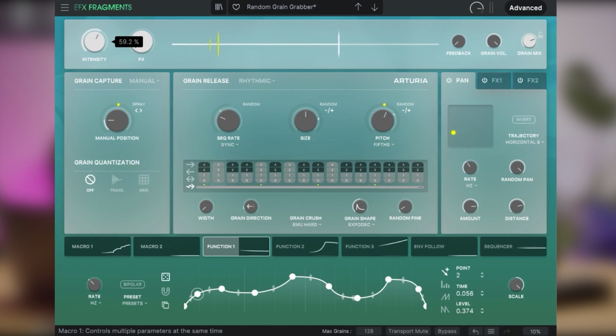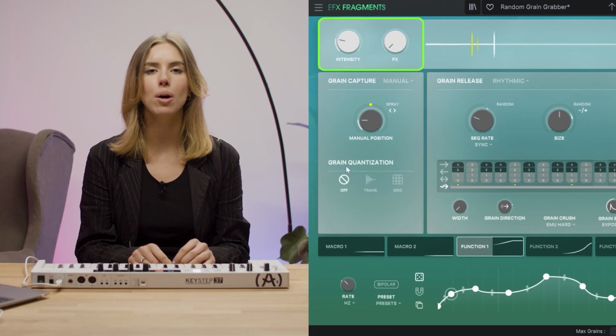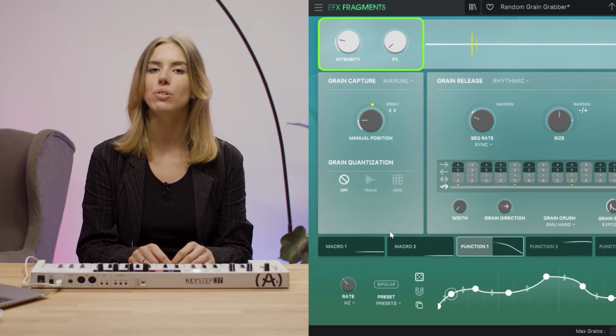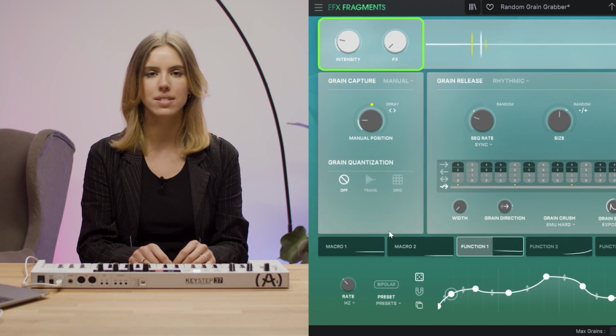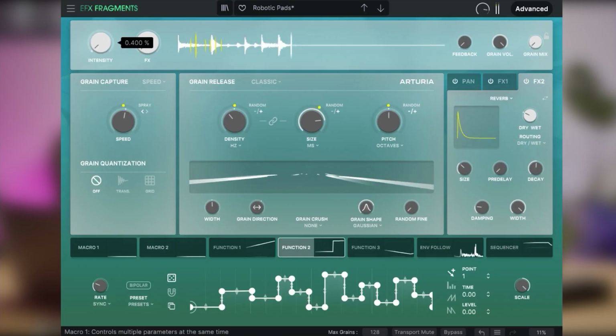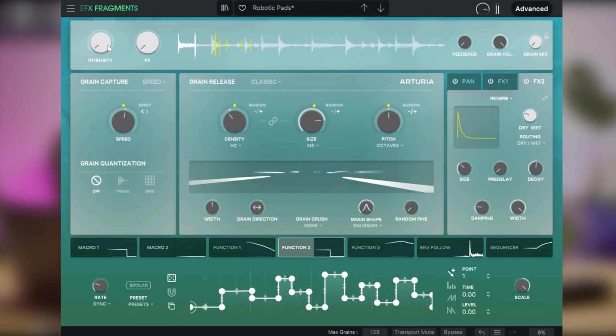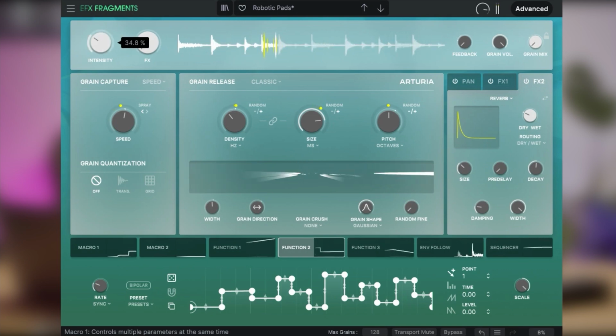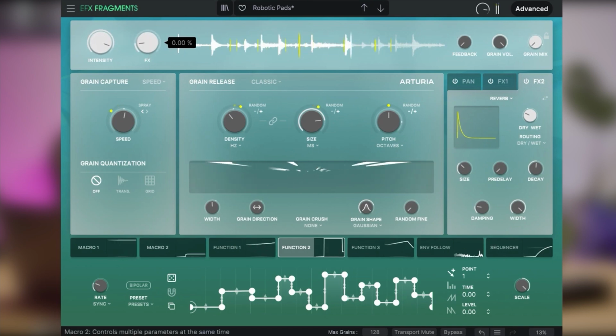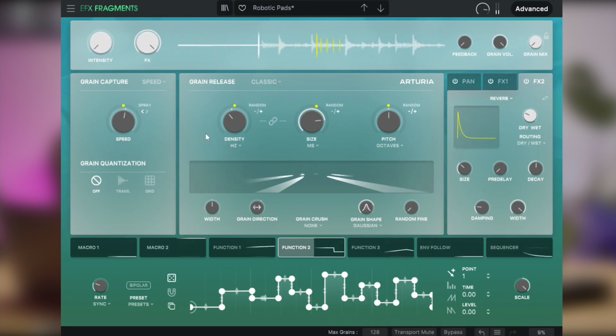The macro controls are straightforward. These are visible in the top left corner in the buffer area. You can increase the value of each of the knobs to hear the changes that occur within the sound. These are always pre-mapped in the default presets, but you can also map the macros by yourself to make the sound more unique to you.